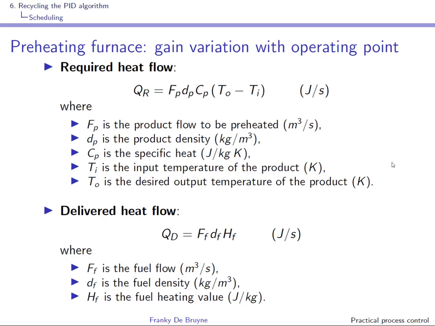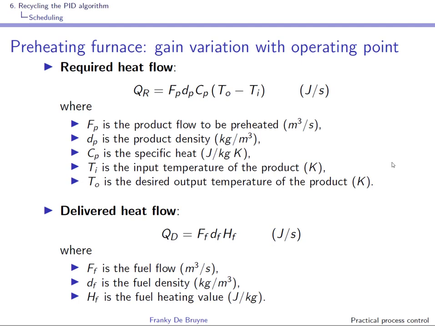The first equation computes the required energy flow to bring a given product flow from the input temperature to the output set point temperature. The second equation gives you the delivered energy flow that corresponds to a given fuel flow, and if you equate both equations, neglecting of course the losses, you could